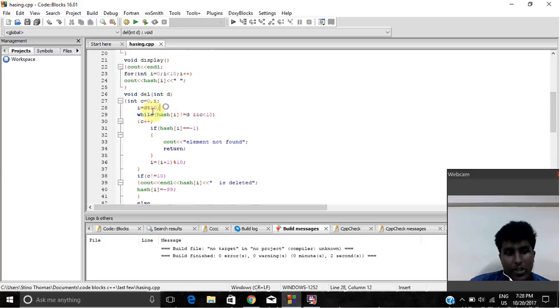So if we are trying to insert d, and if there is -1, surely d should go there. So if there is no -1 at searching, we'll continue. If there is 1, that means further we don't need to search more, so we return. And if the while loop is exited because of c equal to 10, alright,